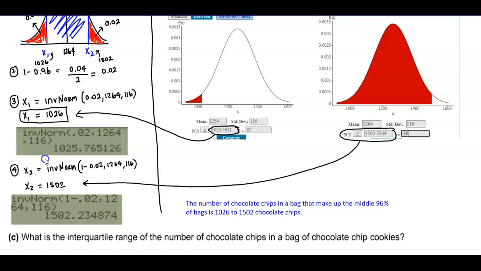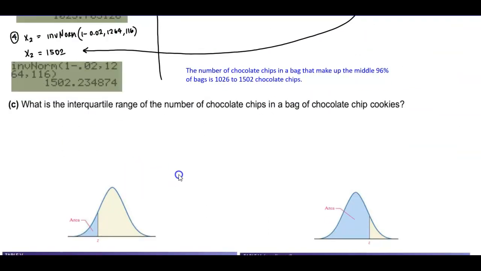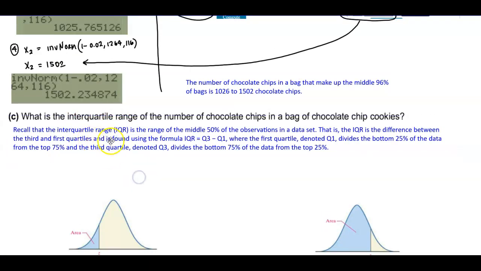Okay, next, it's saying we want to find what is the interquartile range of the number of chocolate chips in a bag of chocolate chip cookies. So let's go back and talk about the definition of the interquartile range. Well, recall that the interquartile range, IQR, is the range of the middle 50% of the observations in a data